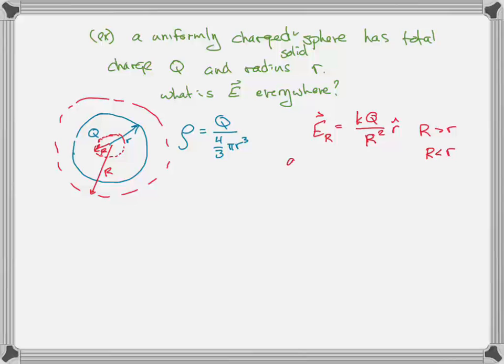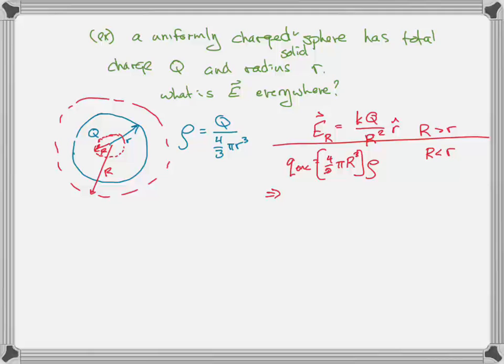The charge enclosed inside that smaller sphere is equal to the volume of the smaller sphere, 4/3 pi r cubed, times the charge density. That's the charge enclosed. It's the charge density times the volume. And so therefore